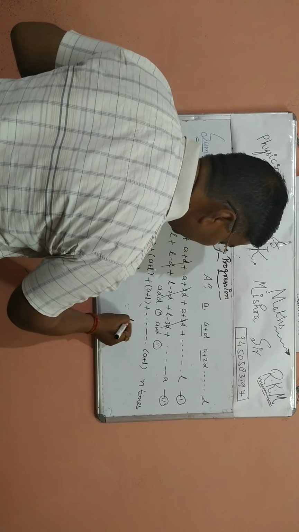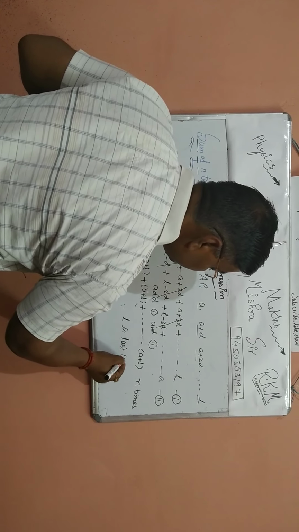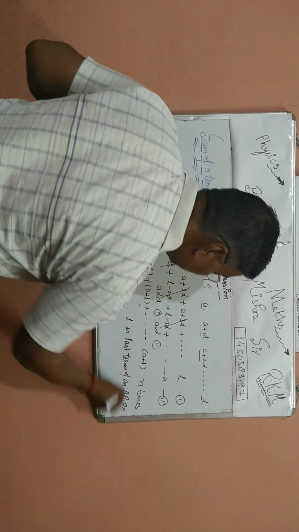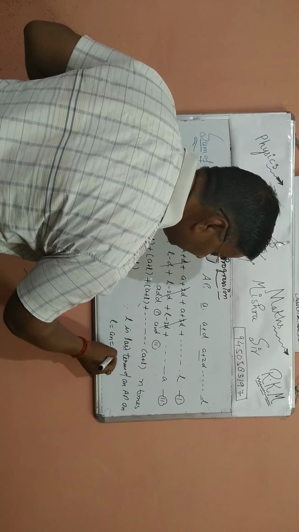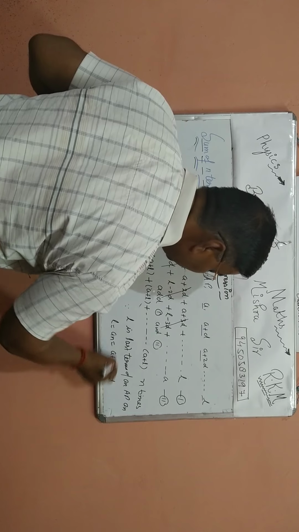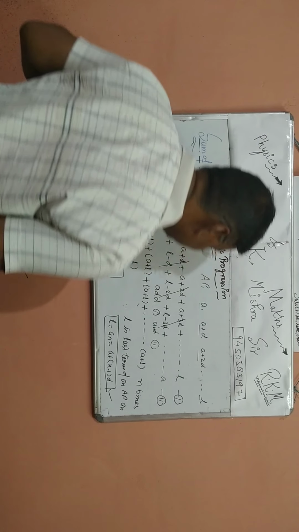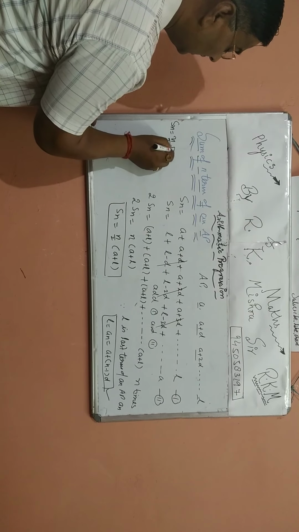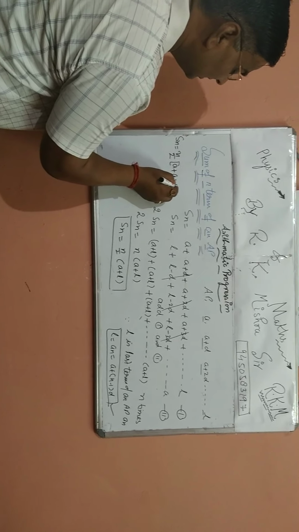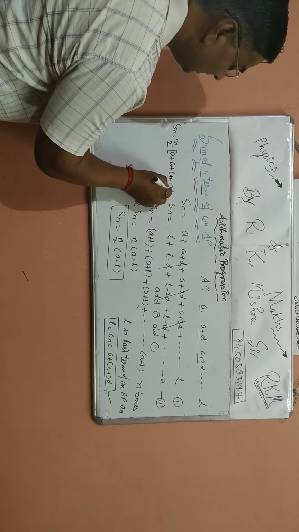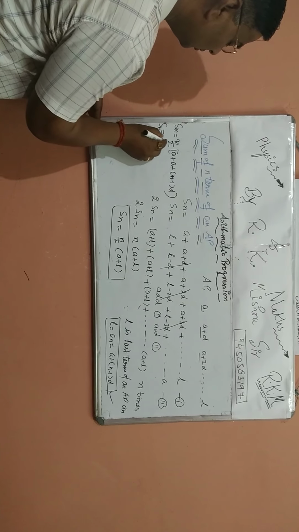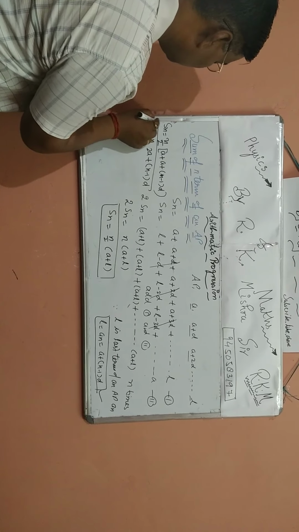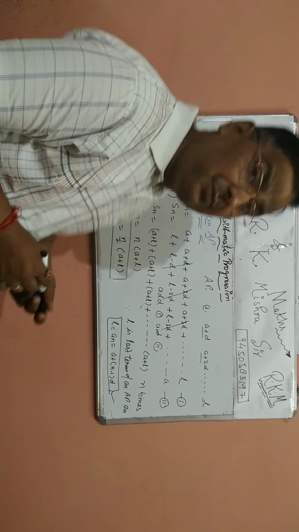And since l is the last term of an AP, that is an, so l is equal to an, which is equal to a plus (n minus 1) into d. You already know this formula from the first chapter. So Sn is equal to n by 2 into (a plus a plus (n minus 1) into d). So Sn is equal to n by 2 into (2a plus (n minus 1) into d). So this will be the formula for the sum of n terms of an AP.